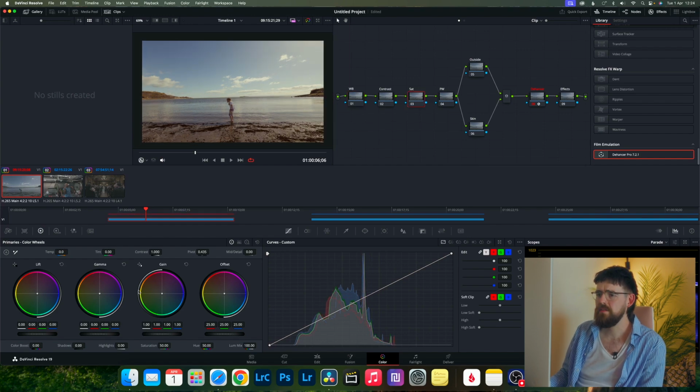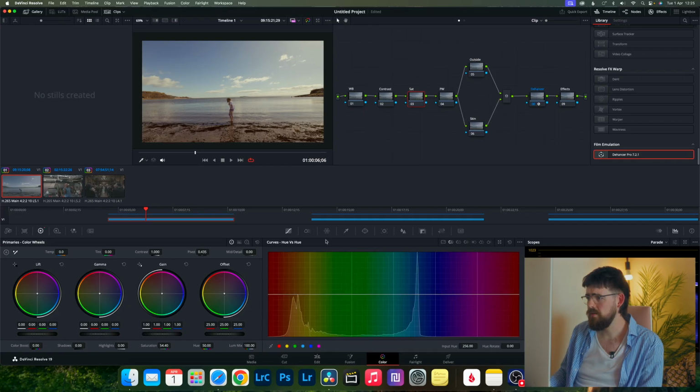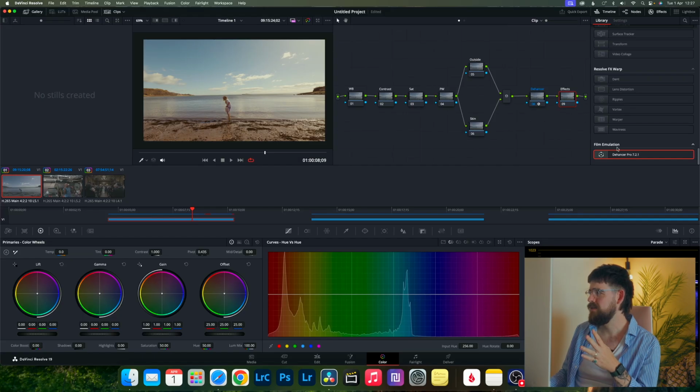Right, next up what I'll do is I'll just add some saturation. Obviously change the hue. So look what we've got. Get those blues to look that little bit more teal. There we go. So once we're kind of happy with that, the last thing I like to do is add